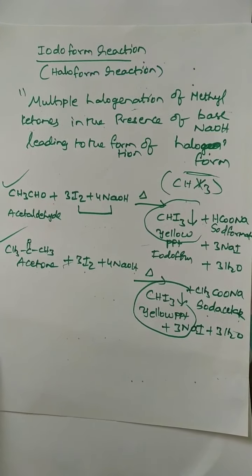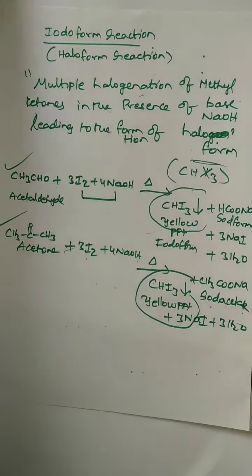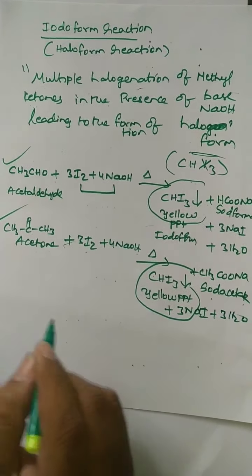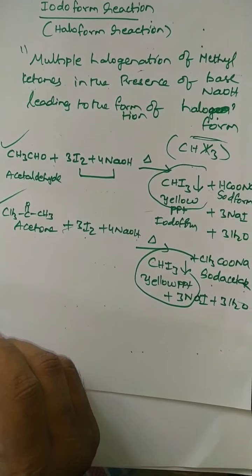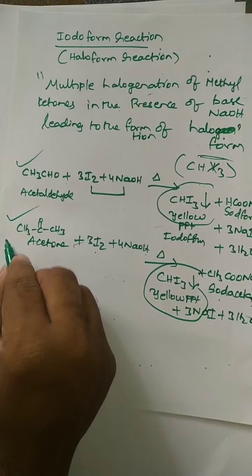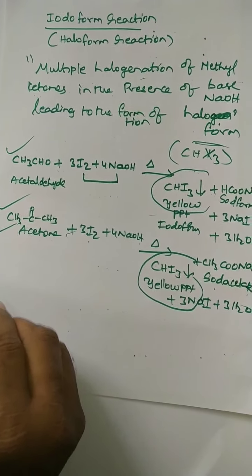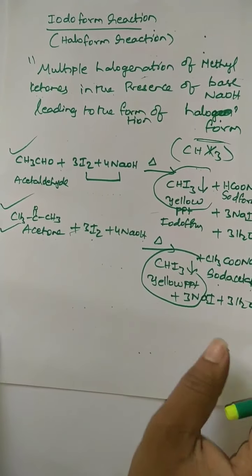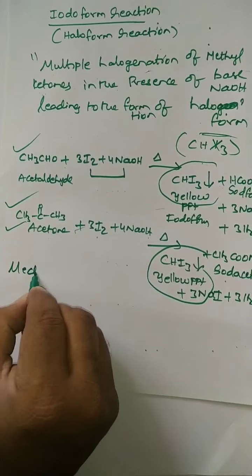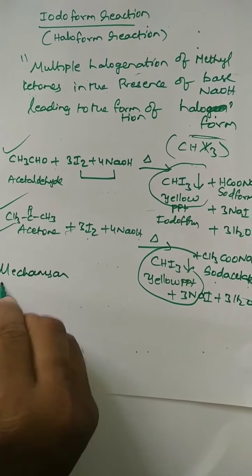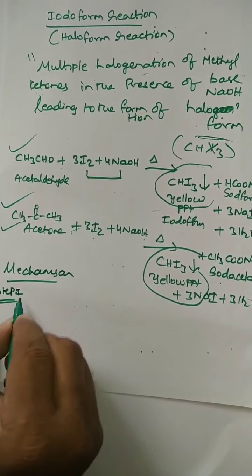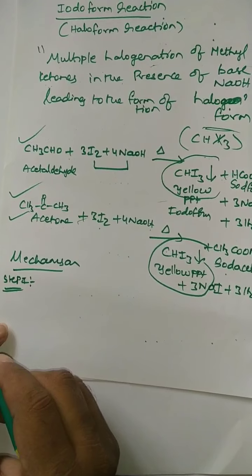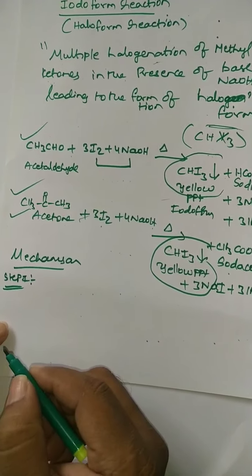Okay. Now what is the actual mechanism involved? How are these products formed? How can we remember, because it's a very long equation? How to remember the products without by-hearting? For this purpose, I am taking the acetone equation and explaining for you. First of all, how multiple halogenation takes place here, I am going to tell the mechanism for you. Now I am taking this equation. Here step 1, what is going to happen? Mechanism is not required actually. For IIT students it is required. For NEET students I will tell the technique, no problem.